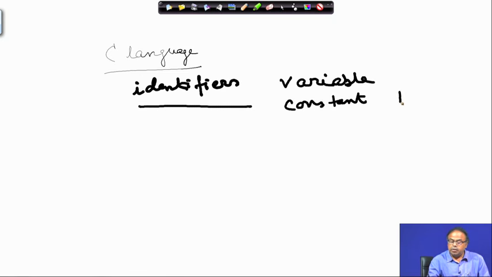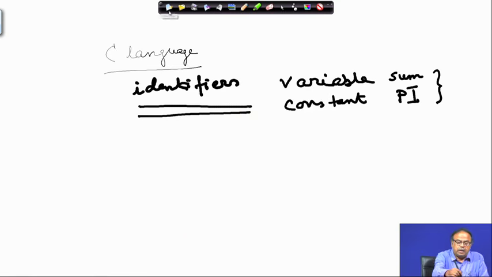For example, pi or some variable names such as sum, all those things. Now, we have seen what are the rules that the language C imposes on writing the names of variables or constants, that is how we can write the identifiers.